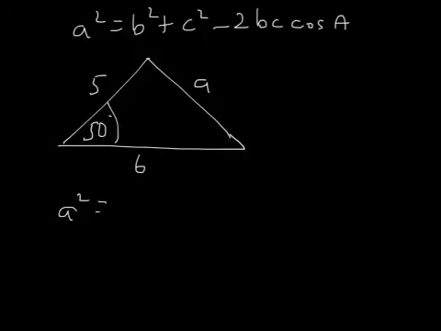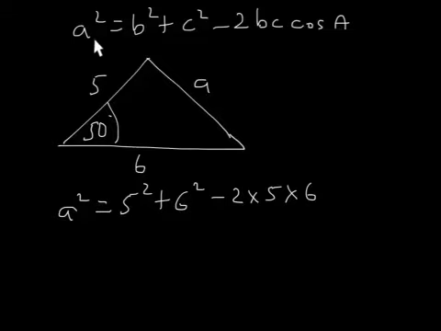Well, a squared equals, now this formula has the other two sides squared and added, so that's 5 squared plus 6 squared, and it's minus 2bc, again the same sides as before, and then it's the cosine of A. A is the angle opposite a, so it's 50 in this case. So that's 5 squared plus 6 squared, that's 25 plus 36, that's 61, and 2 times 5 times 6 is